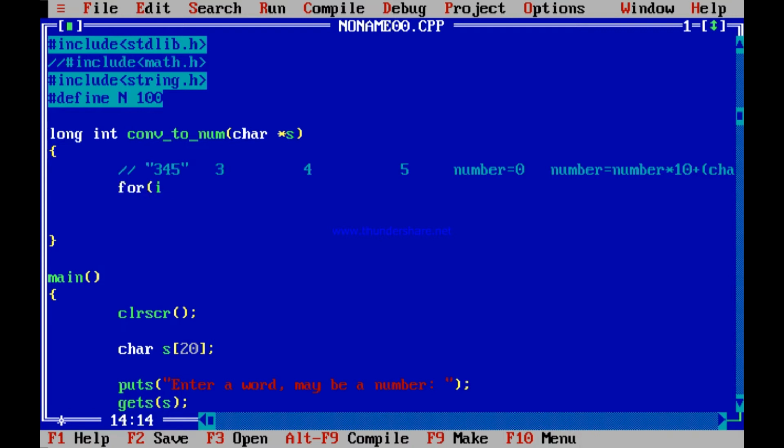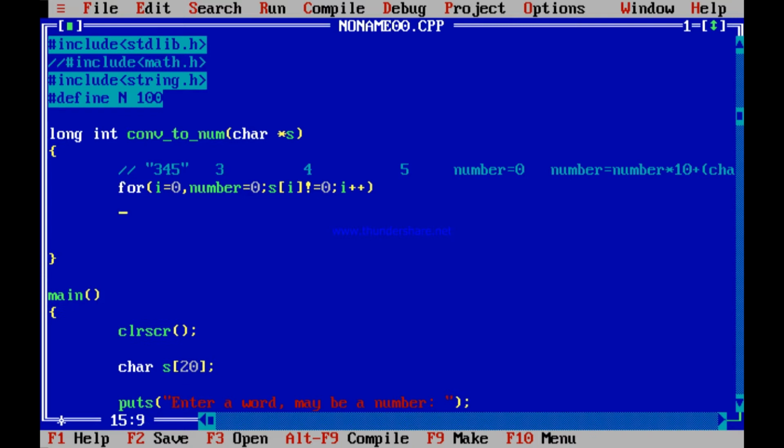For i equal to 0, initialize number to 0 definitely, followed by, how long should I continue? Till Si is not equal to 0, followed by i plus plus.